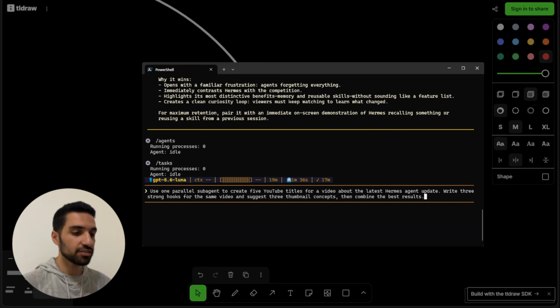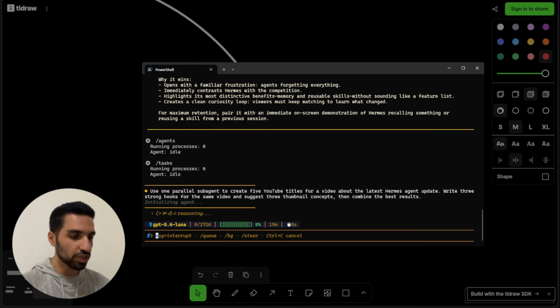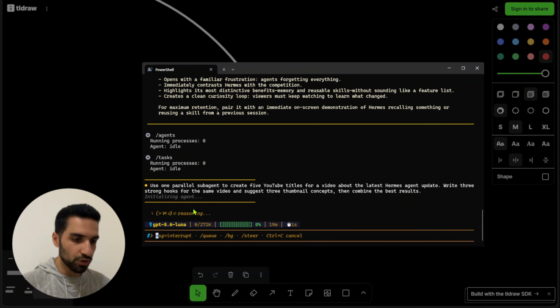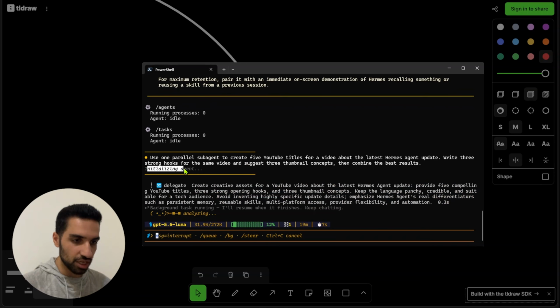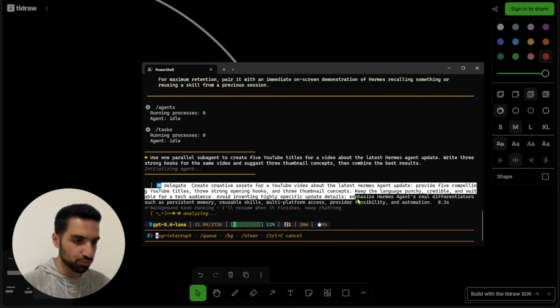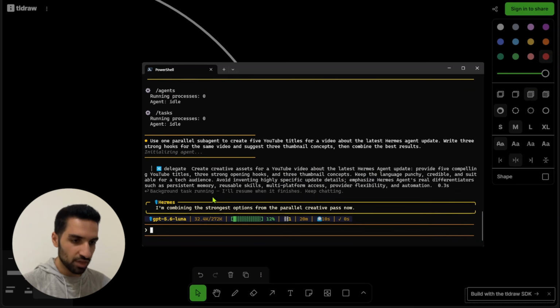Now, as soon as I hit enter, the main agent will give this task to a sub-agent in parallel, and we can also see the sub-agent working, but we can continue chatting inside the same terminal and the same chat with our main agent. So let's send it. And now you see here it says initializing the agent. This is the prompt to the sub-agent. And now our Hermes agent in the main chat says, I'm combining the strongest options from the parallel creative